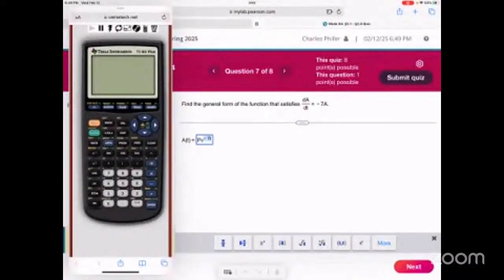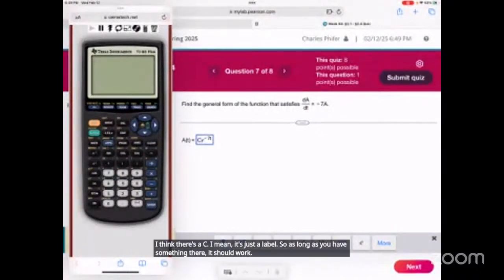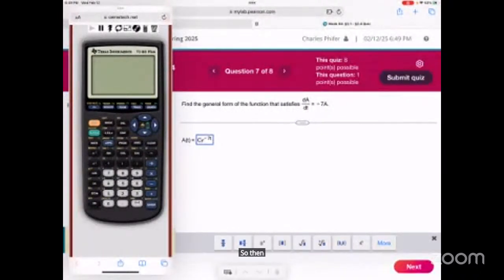I think that's a C. I mean, it's just a label, so as long as you have something there, it should work. So then, what if we wanted to check before we went forward? What we can do,